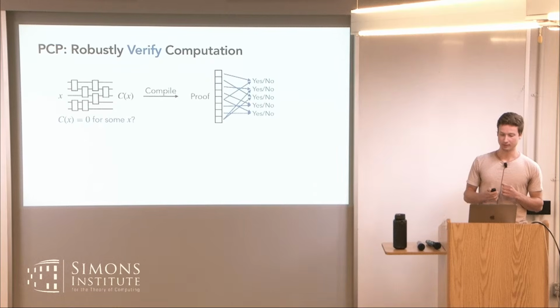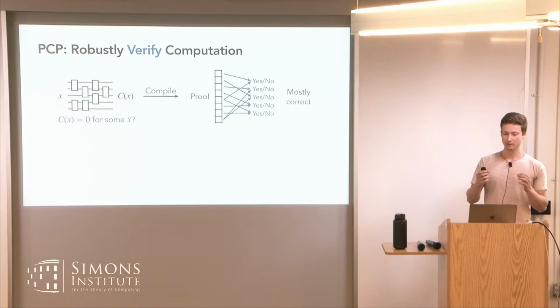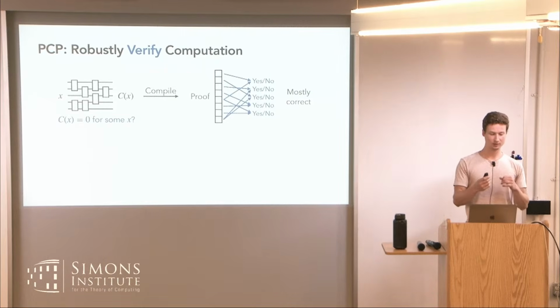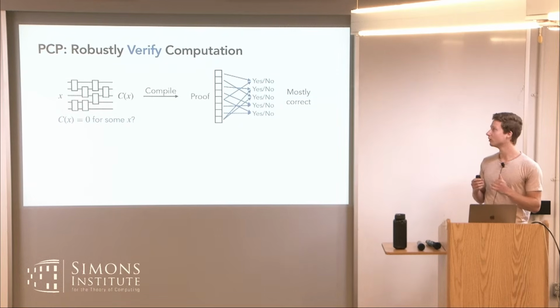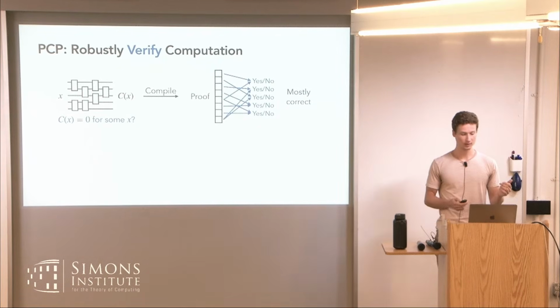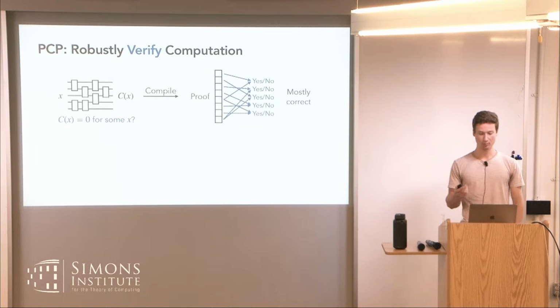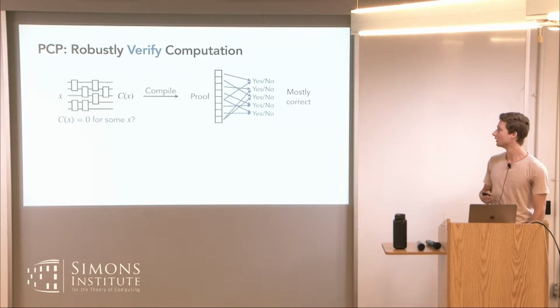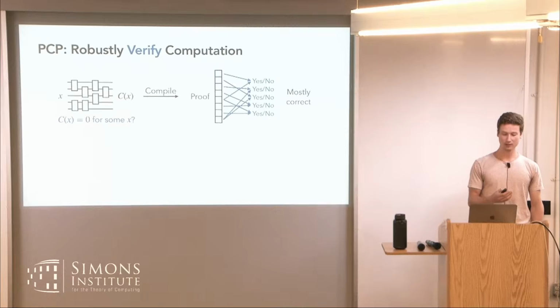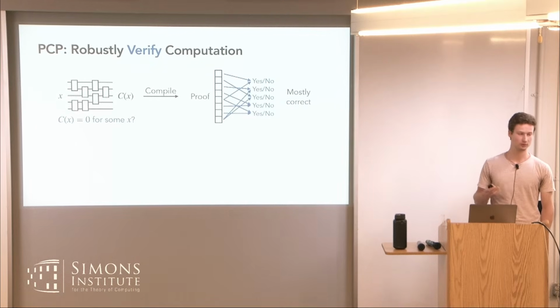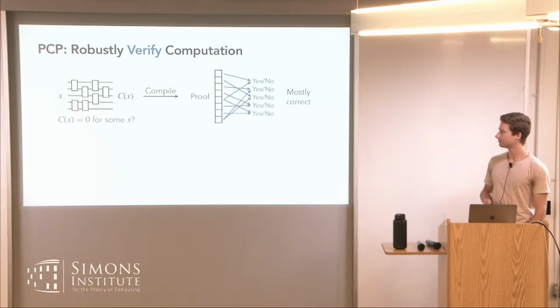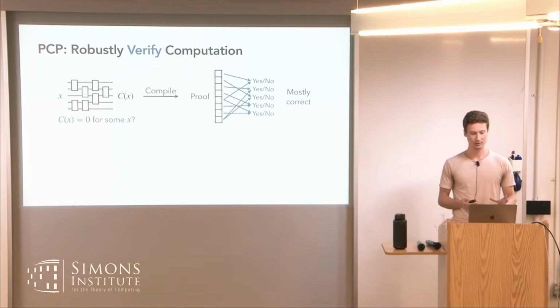Based on this constant number of bits, each of these local checkers determines: yes, I think this circuit does have a satisfying assignment, or no, I think this circuit does not have a satisfying assignment. And the key property is we want most of these local checks to output the right answer. If there does exist a satisfying assignment to the circuit, then we can compile that into a proof where most of the local checks output yes, there is a satisfying assignment. And if the circuit does not have a satisfying assignment, then there's no such proof that will convince most of these local checks. So at a high level, this is what a PCP is.